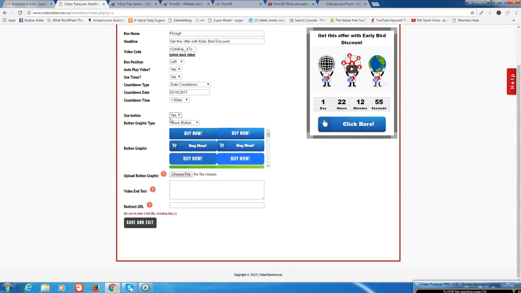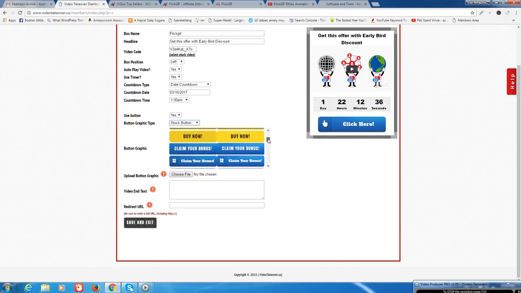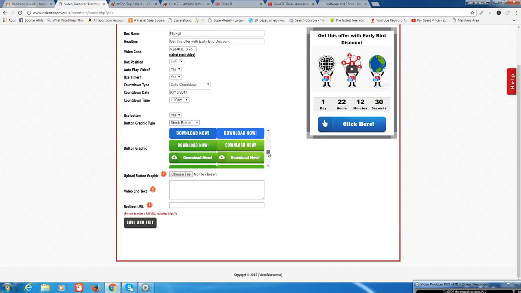yes, and you can upload a custom button if you want. Here you can choose a button graphic if you want a special other button, but here is a lot of buttons like claim your bonus, click here, download now, get it now, and many others.